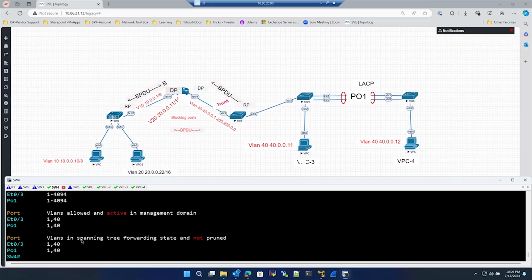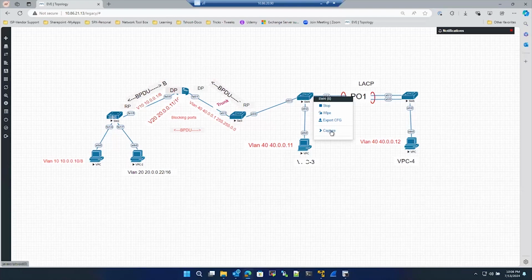To generate traffic, I'm on switch 4, so I'm going to run a capture. And if you see, you cannot see your LACP packets. You cannot see that port channel port. You know that that's a logical port, not a physical port. So if I do Ethernet 0/0,